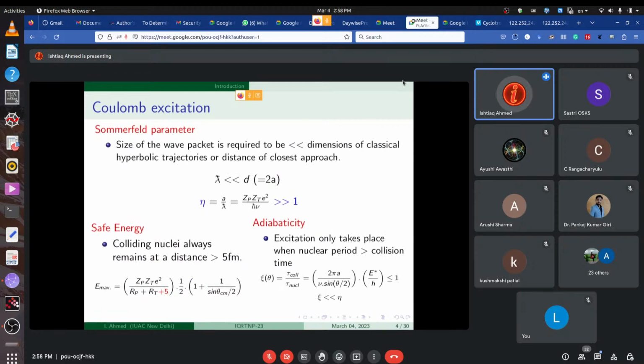Okay, a few other basics of the Coulomb excitation. For example, in order to explain the excitation properly, we have to have the classical way of